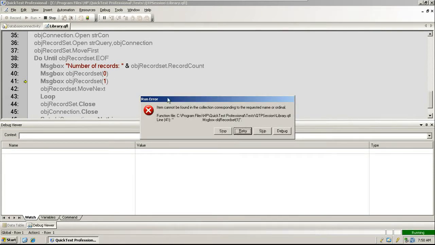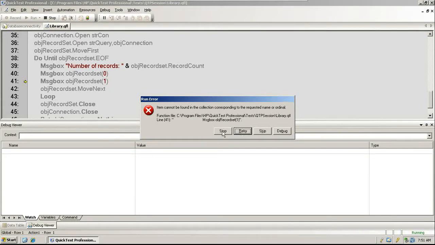You see why the record set is throwing an error at line 41? Because I am trying to use the array. Since that particular record has only one element, it is only fetching the order number, which is one per record, right? If that result set had two columns, order number comma name, then name would be this particular line. Arrays always start with 0, first, second. Obviously, since there is only one element in the first record, second record, third record, it will show the error there.